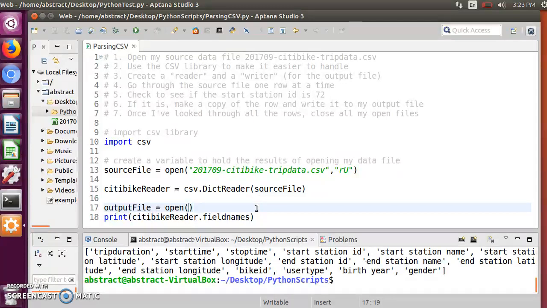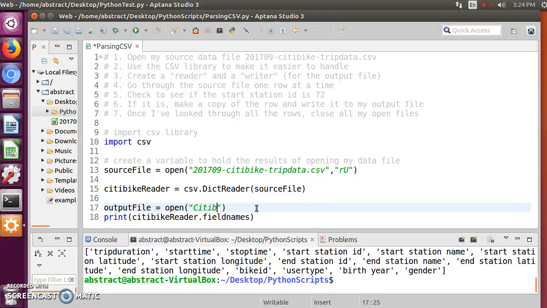When I run this script and I say open, I'm going to give it the name of the file that I want it to open, which I can just make up, okay? So it's very similar to using a save as in Microsoft Word, where I say save as and I just give it a file name. I want to give it a .csv at the end because it's going to be a comma separated value file, but I'm going to say open and I'm going to say